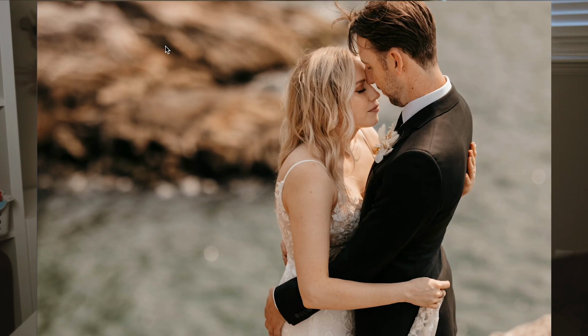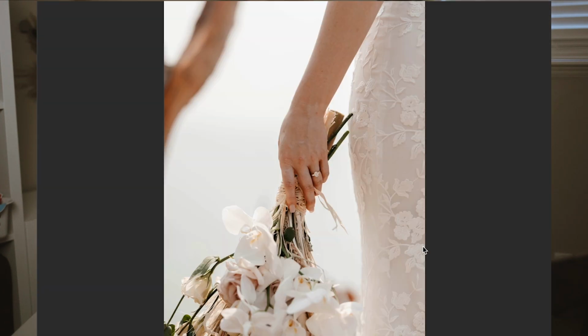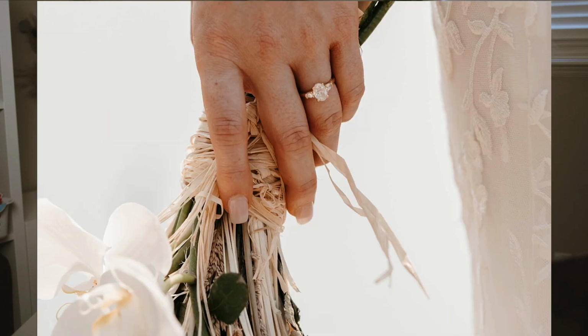So now let's jump into wedding days. So this is daytime overlooking the ocean. You can see this beautiful bokeh has been picked up down on the surf at the bottom, but the couple's in super clear focus. This one's actually, I love this because if you zoom in here, let me see here,